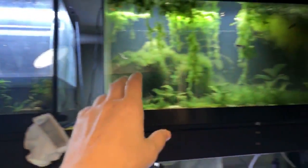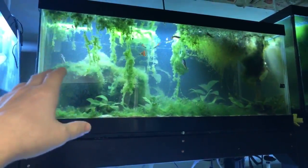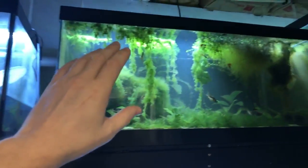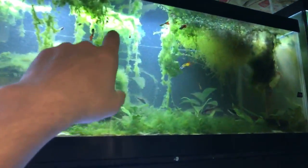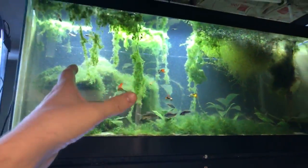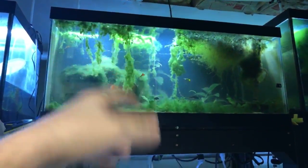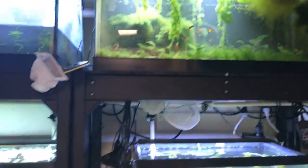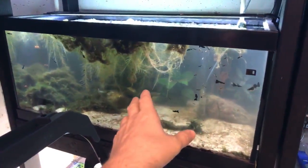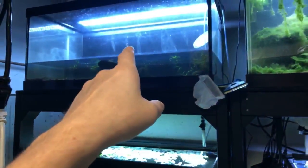And this is kind of like another similar setup, but this isn't what we're going to use. We're going to do something a little different. But this is another good example of breeding guppies and then keeping cory cats with it. If you don't have plants, you could use algae. I did a video on that. If you check back maybe the last 10 videos, it may be in that. Also, same situation. So this is the tank that actually inspired me to be setting up this tank that way,